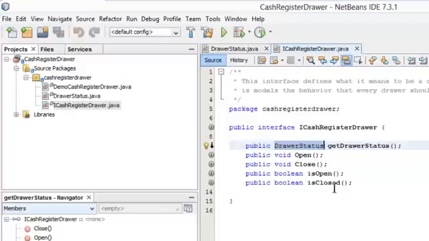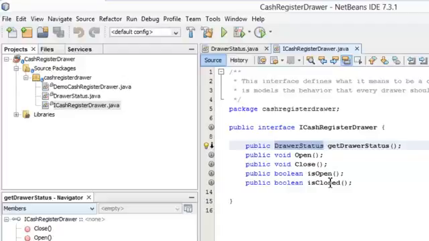And why have is open or is closed? But I could have implemented this many different ways. My experience in programming to interfaces is that you want to err on the side of having more methods than you may or may not need, because you never know what you're going to face when you get to the implementation. So if you're too simplistic in your interface, you can find that particular design does not meet a particular